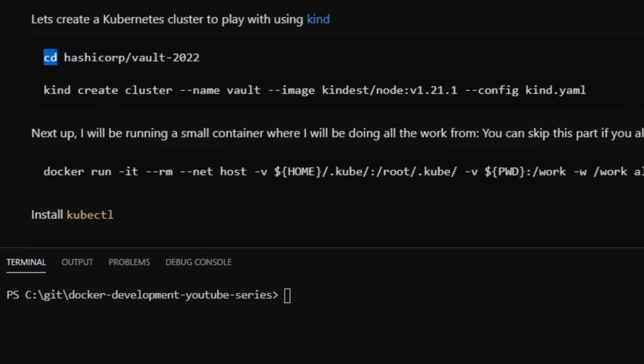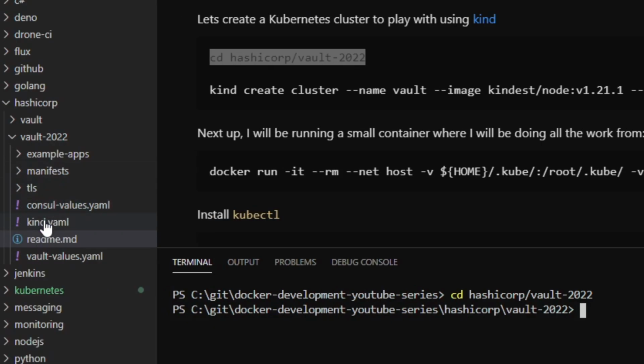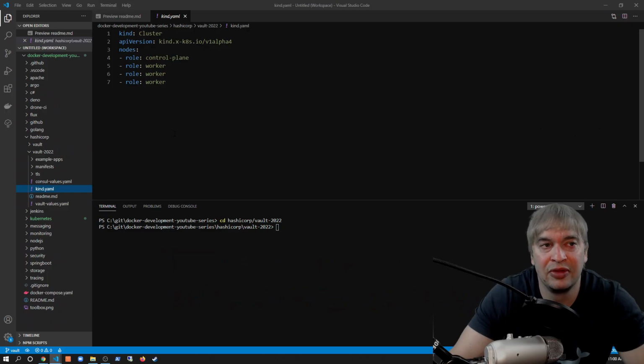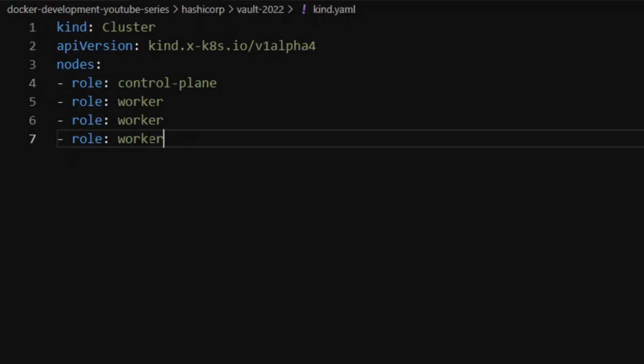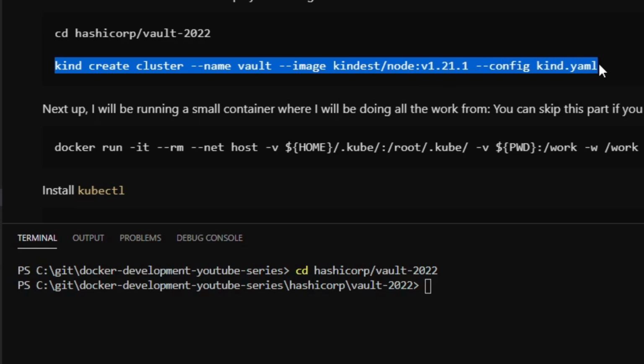So the first thing I'm going to do is change directory to the Hashicorp Vault 2022 folder. And in this folder, if you take a look at the left here, I have a kind.yaml. And the kind.yaml tells Kind what my cluster should look like. So I'm going to run one master node and 3 workers. So to spin up that cluster, I'm going to say kind create cluster. I'm going to call it Vault, and I'm going to run the Kubernetes 1.21.1 image and pass in my kind